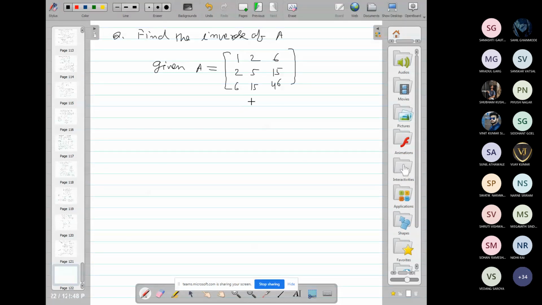You see, this matrix is real, all the entries are real, and symmetric also. If we interchange rows and columns, then we obtain the same matrix. So A is real symmetric. Next, to check positive definite, find the principal minors of the principal diagonal elements.